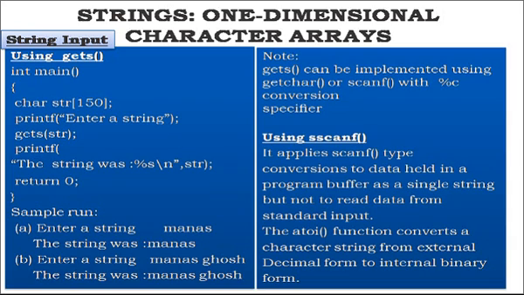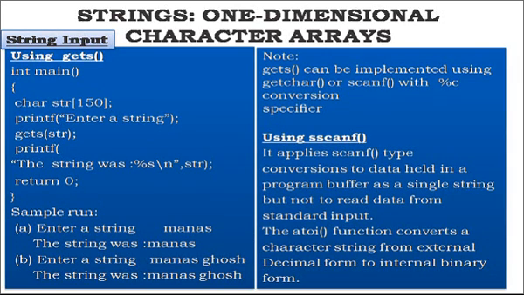This is another method for taking the input from the user. The best approach to string input is to use a library function called gets. This function takes the start address of an area of memory suitable to hold the input as a single parameter. The complete input line is read in and stored in the memory area as a null terminated string. It is illustrated in the following program. Note that this function can be implemented using the getchar function or the scanf function with the %c conversion specifier.